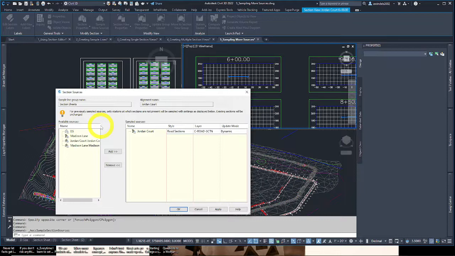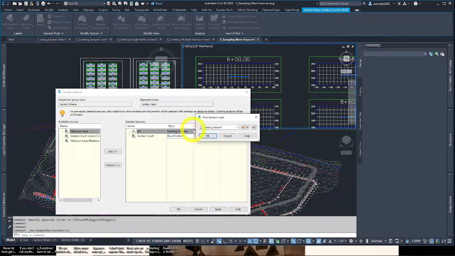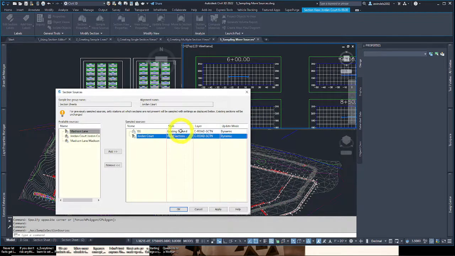So under available sources, let's go to EG, which is my existing ground. Let's click it and let's add it. That's what we want. We want to verify its new style, how it's going to look, its appearance, its existing ground. We don't want it to be road sections because it'll look exactly like a road section. This is essentially the two styles we want. We want them to look different, and we'll see what that means in a second. So verify that that's all good on step 5